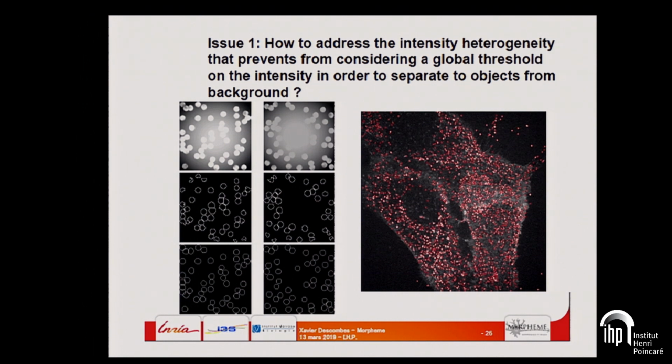Okay, so now just a few results, to show how to address the issues I used in the first part of my talk. The first illustration is to handle heterogeneity. On the left are synthetic images where you put some higher intensity in the middle, a kind of optical deformation of the intensity. On the right, it's a cell, where you can see the nucleus of the cell. What you are interested in is to detect all these spots inside the image.